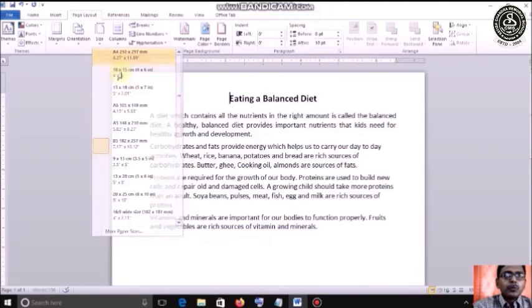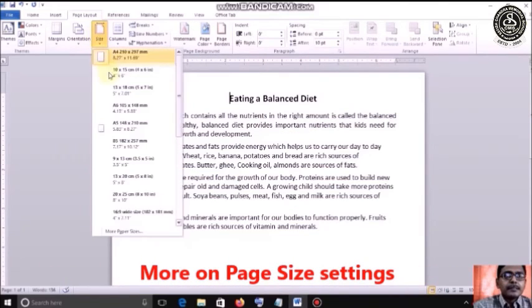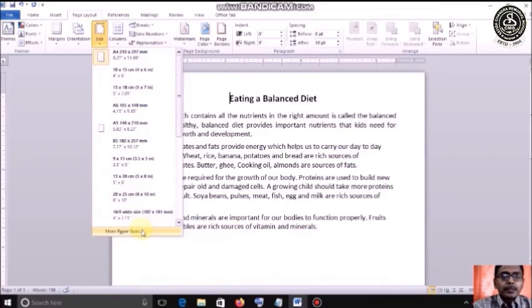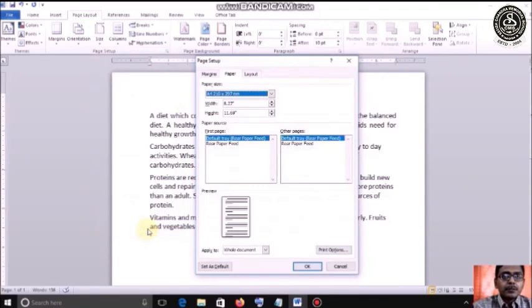Clear? If you don't want these predefined sizes, want to give your own size, your paper size is not the one which is given here, then click on this more paper sizes option. The page setup dialog box opens. Here in the paper size drop down list, click on it, scroll down and go to the custom size option, the last one.